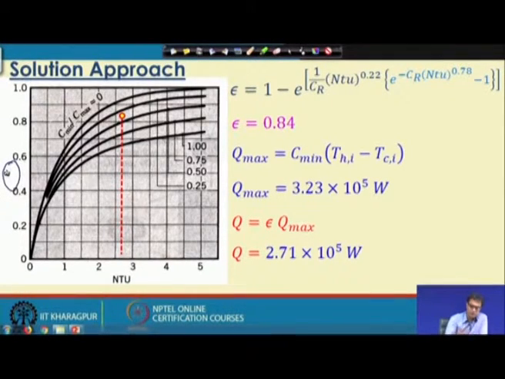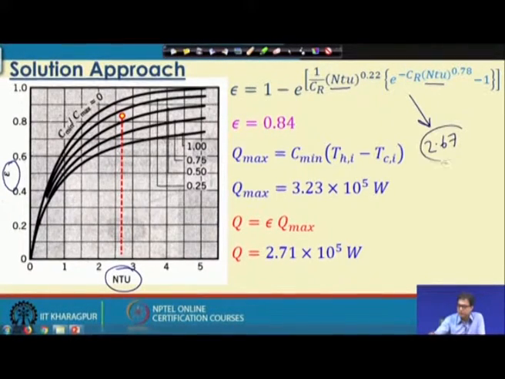When both the fluid streams remain unmixed, the epsilon NTU relation can be plotted from this relation, but now we see we have this NTU value known to us. This NTU is